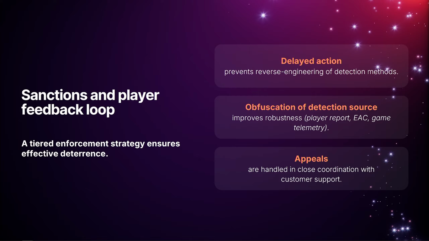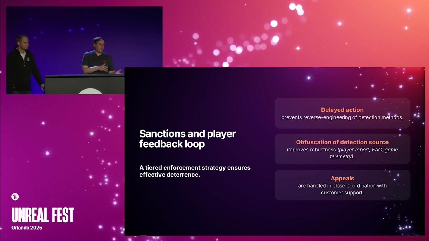So the strategy we have is regular ban waves, and in that way the cheat tool developers cannot easily probe how we detect what they are doing. They don't know: is it Easy Anti-Cheat detecting, is it our in-house anti-cheat, or is it a player report which we analyzed and deemed ban-worthy